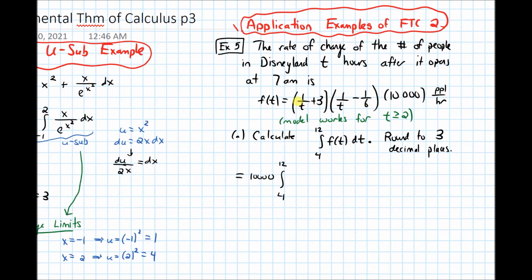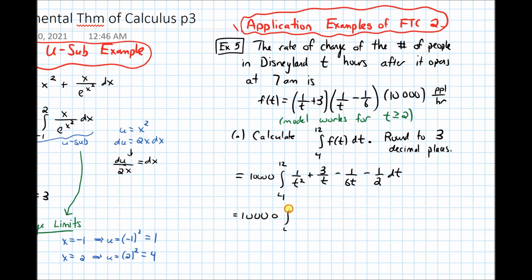And we can distribute all of that. Distributing that, we'll get 1 over t squared. And then 3 times 1 over t would be 3 over t. And then 1 over t times negative 1/6 would be minus 1 over 6t. And then the 3 times the negative 1/6 would be minus 1/2 dt. Okay, so simplifying this a bit, we get 10,000